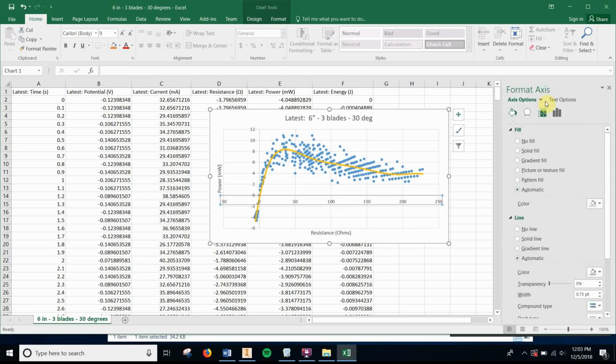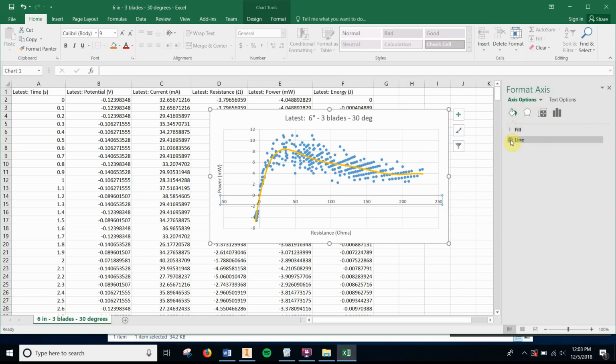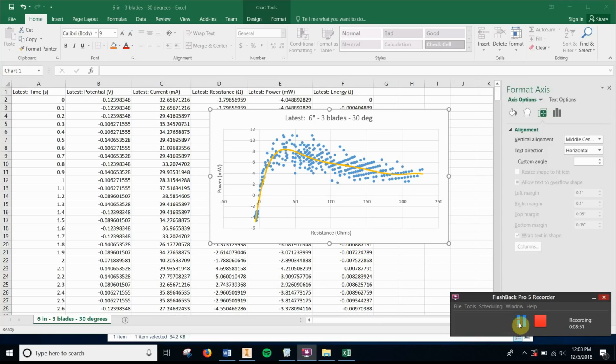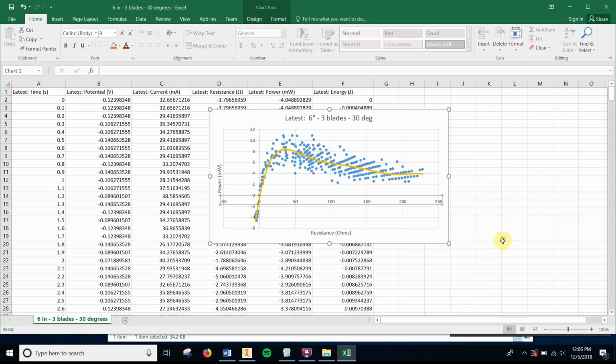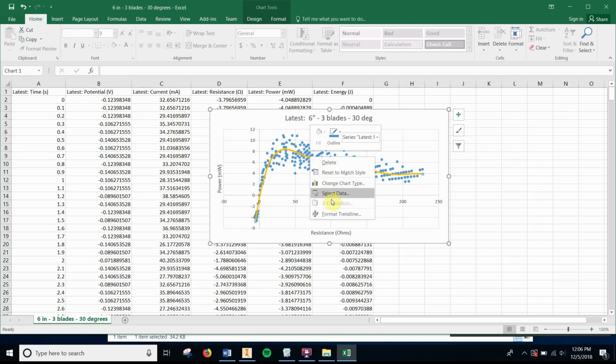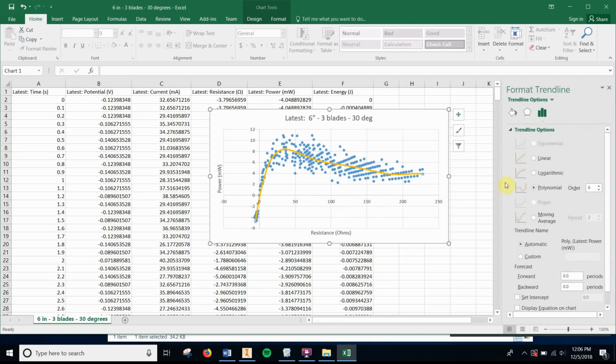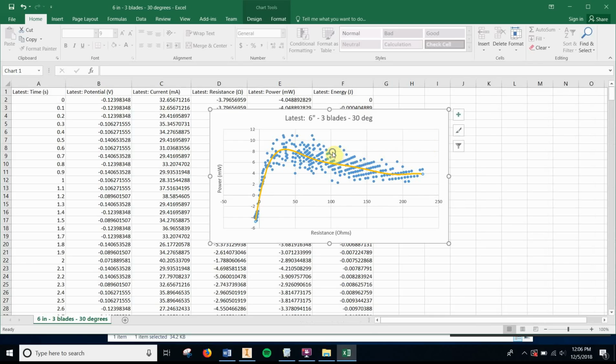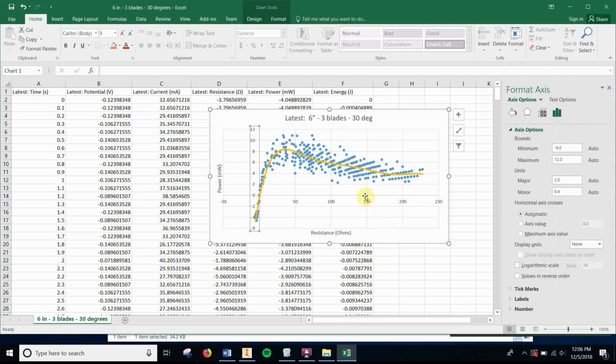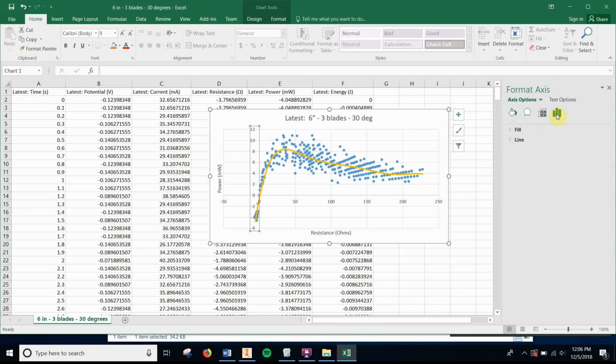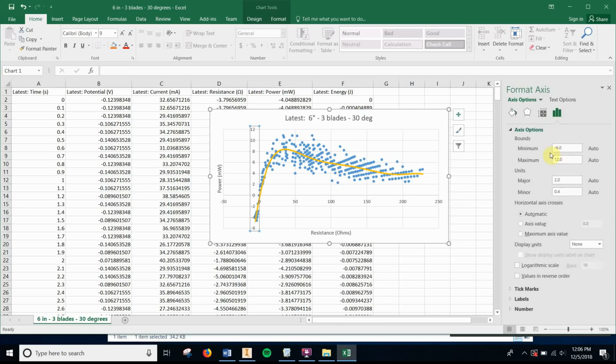Let's see if I'm able to do that. Axis options, so line. I'm going to pause the video to figure this out. Okay, found what I'm looking for here. We're going to right click on the data, format trend line, and no, not format trend line. We are going to format axis, and under the one with the little bar graphs, the minimum